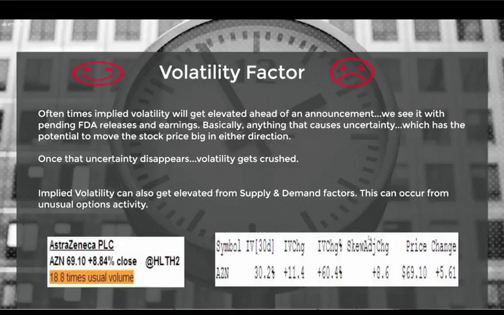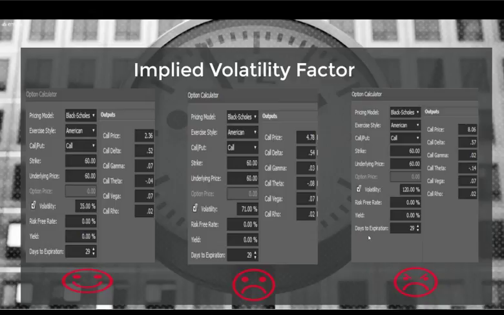So going back to this, if we first started seeing this unusual option activity when volatility is at 35%, all of a sudden, by the time you hear about it a couple hours later, it's at 71%. But you're not understanding until you went through this presentation how implied volatility affects options. Now you see it, you saw it earlier at 35%, and all of a sudden it's like, wow, it's 71%. Of course I don't want to go along that call. That's way too much. I'm going to look to do something else.